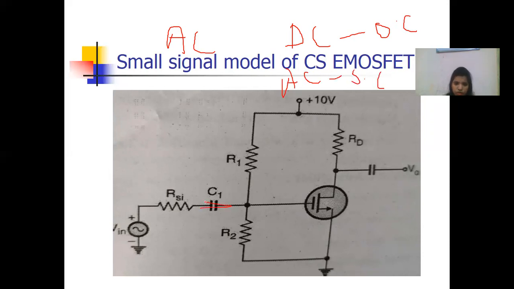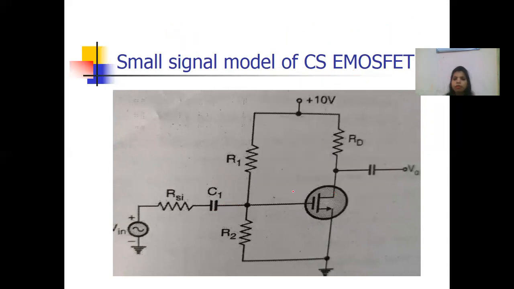This capacitor is short circuit. Okay. Again, remember, if we are doing the AC analysis, a capacitor's behavior depends on the range of frequency. There are different ranges of frequency: low frequency response, high frequency response, mid frequency response. That we will cover in future lectures, then I will explain in detail. But you can understand this for the mid frequency range. For low frequency and high frequency, the role of the capacitor changes.